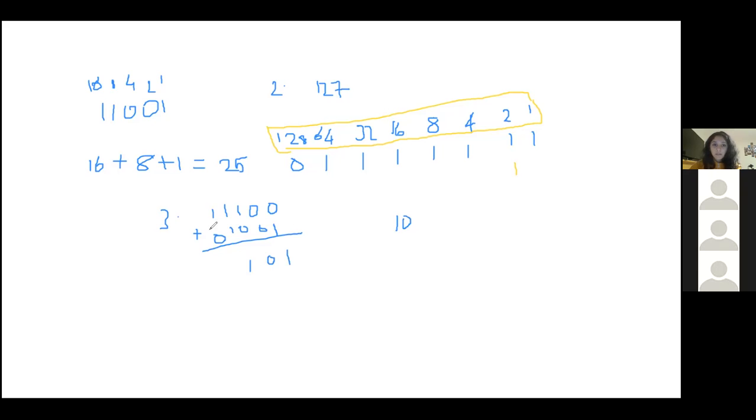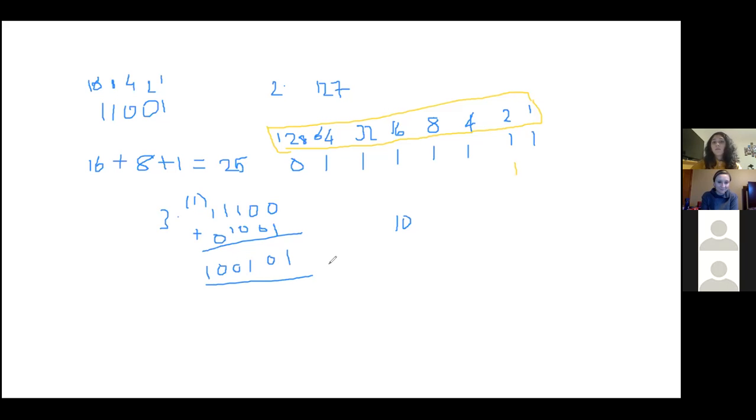So going back to our addition, we have 1 plus 1 is 2. But remember, in normal addition, in base 10, you carry numbers over. And that's exactly what you do here. So you write the 0 and you carry over this 1. So that goes there. And then again, you have a 1 and a 1 again. So 1 plus 1 is 2 again, and 2 in binary is 1 0. So this is your final answer, 1 0 0 1 0 1.